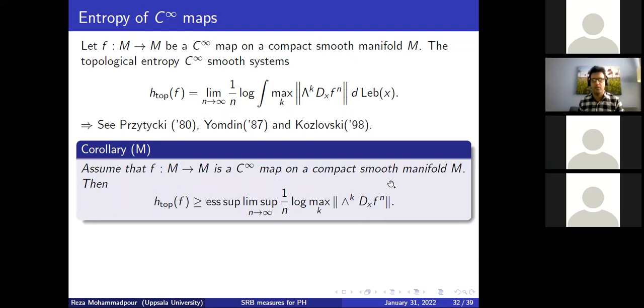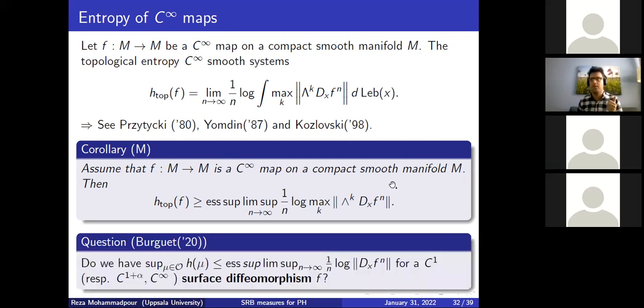Again, take a look. This corollary is somewhat surprising because we know the Ruelle inequality, and the Ruelle inequality says that, for C1 plus alpha or C1, the entropy of an invariant measure is always smaller or equal than the positive Lyapunov exponent. But this corollary says something which is somehow the opposite of the Ruelle inequality.